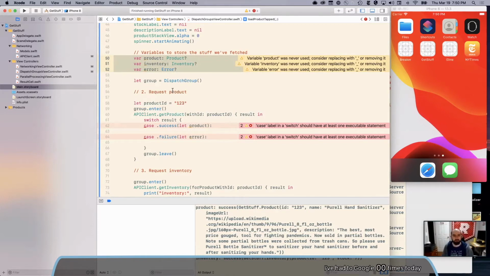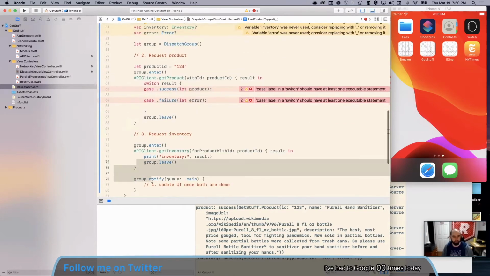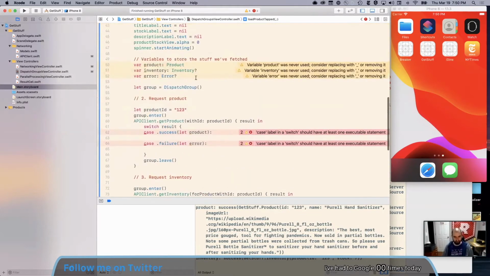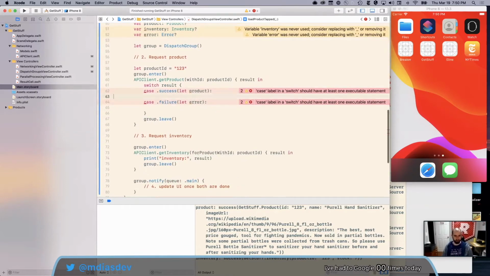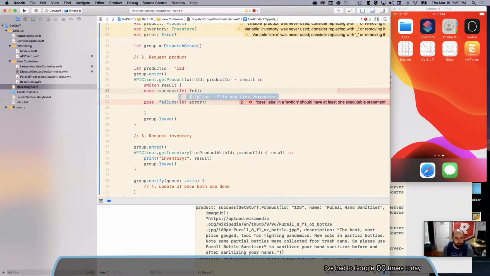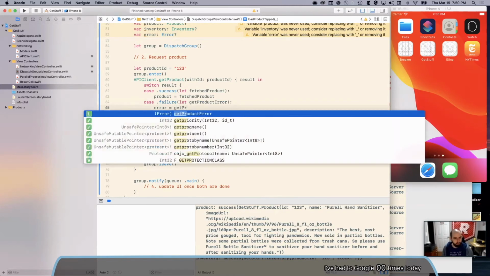You could do some cute things with result types maybe, so that's something to think about, but they have to be optional, unfortunately, because if I make this non-optional, I don't have an initial value to set it to. We could get down to here and it would never have been set, and Swift won't let us do that. So I need to actually set it to nil, and then we'll set the value in here. So if I got a product, I'm going to call this fetched product because we don't want it to have the same name. So product equals fetched product, and this will be product, get product error. So the error is get product error.